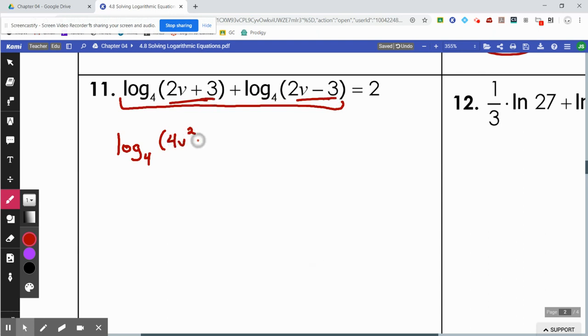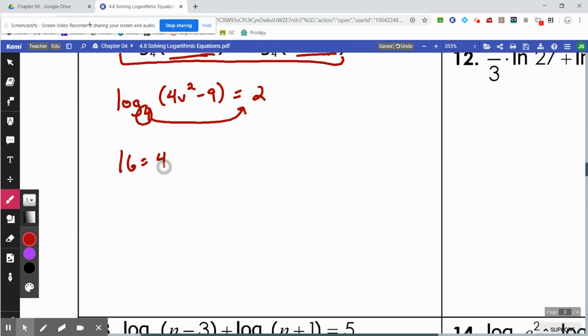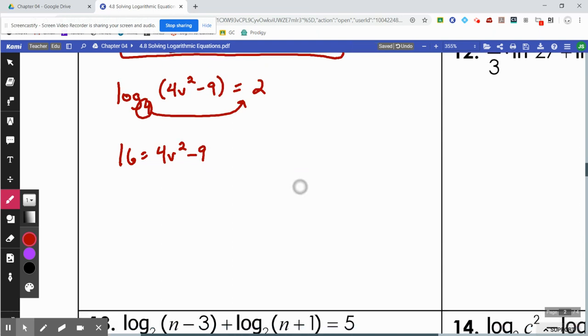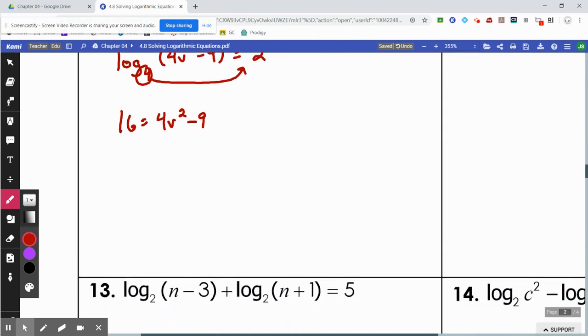Multiply the second two terms, gives you a negative 9. And you should get a difference of squares whenever you multiply those together, because, again, difference of squares factors into conjugates. Now we've condensed them, we're going to rewrite them. 4 to the 2nd power, and I like to go ahead and square it as I write it down, is equal to the argument. Notice that there's no v term, so therefore we can solve these by taking the square